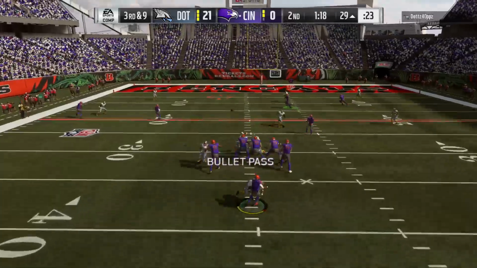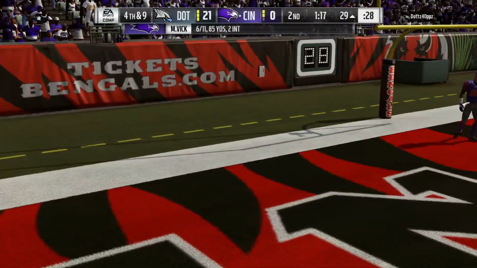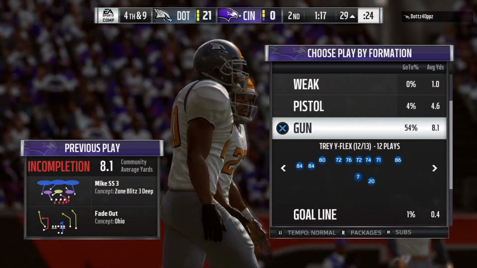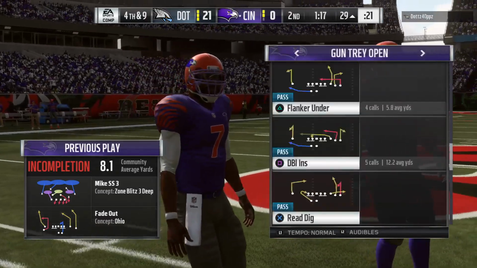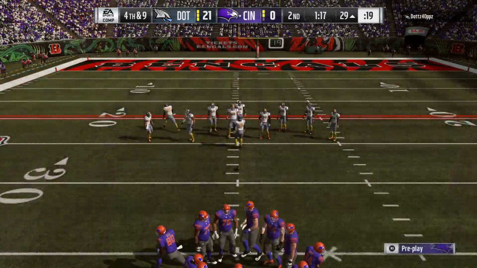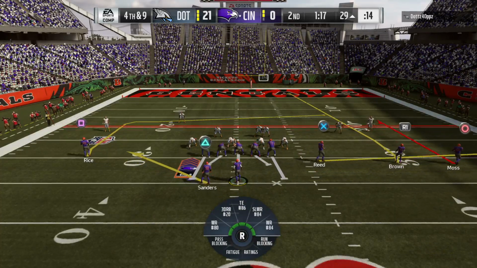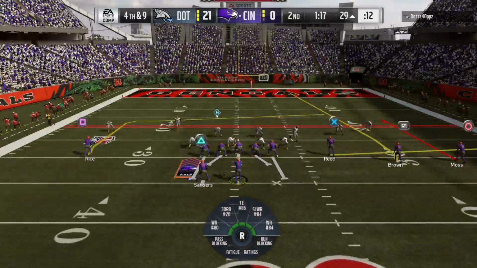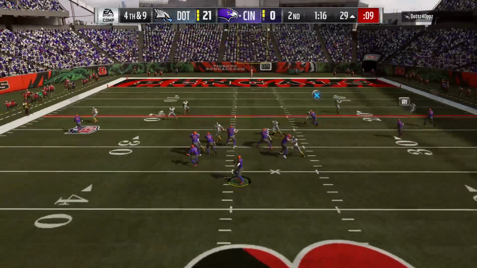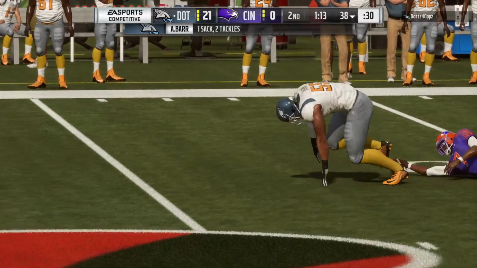From the shotgun, it's Vic. And that is incomplete. Sometimes it's just not your day. There's another failure right there on third down. And a tough ask here. They're going to go for it on 4th down and 9. Working out of the gun, Michael Vick. And he will be hit from behind and run